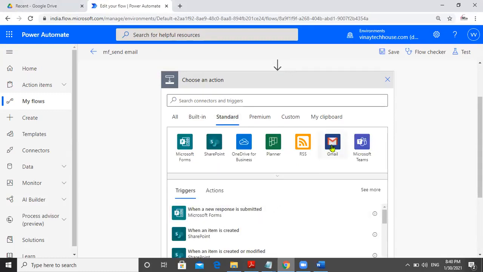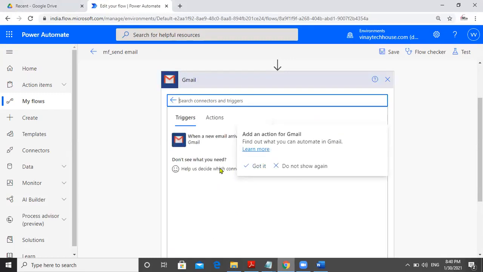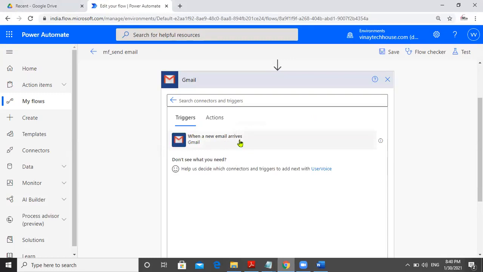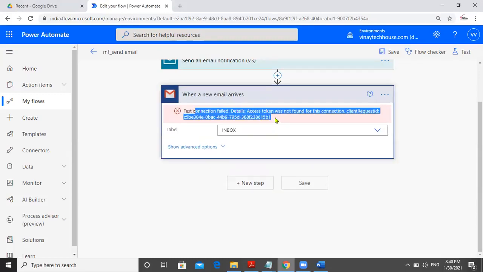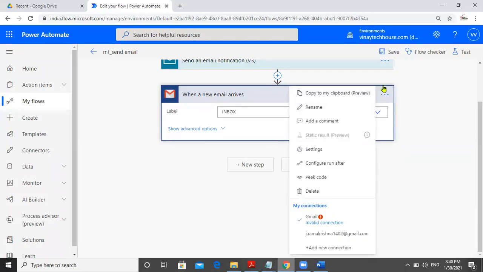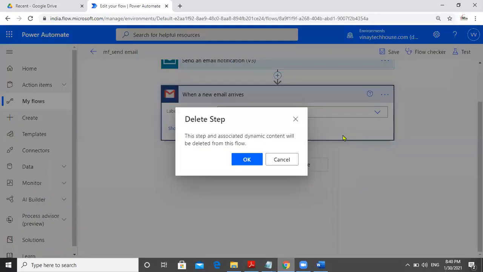And this is Gmail sending. You can go and take one more. When a new email arrives, click on it. Label. I told you already. You need to put an action token. This is what last time I explained. When a manager receives an important email, I want to receive a message. That configuration is different. It's not required. So you can click on this ellipsis and delete it.